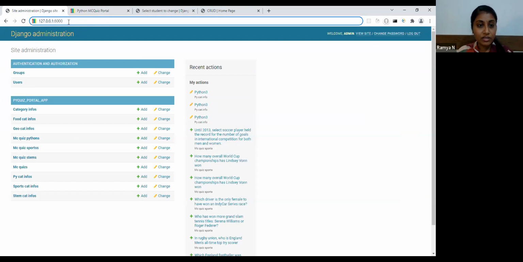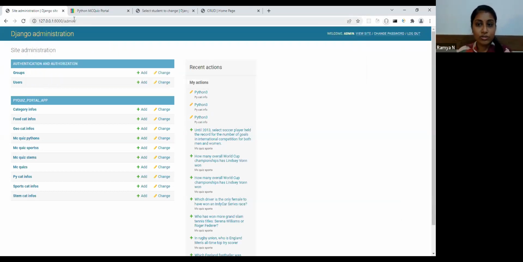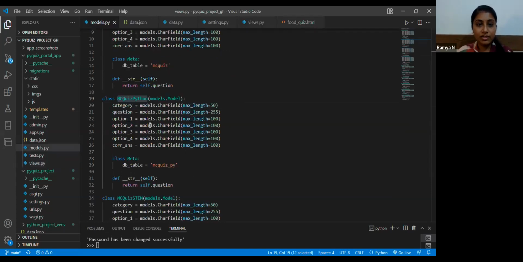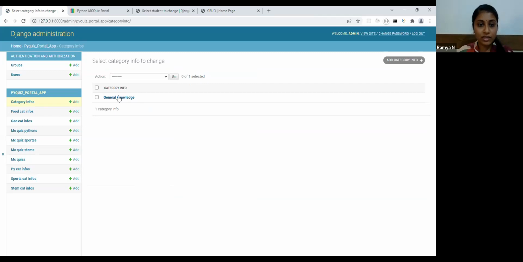Whereas if you do localhost /admin, it will take you to the admin portal. Here you can start creating these. When I execute these files, especially this code, it creates these tables for me, right? And here, if you go there, you can see